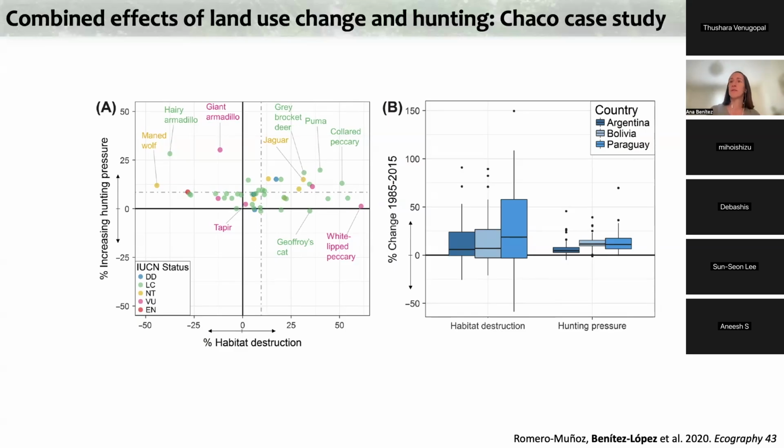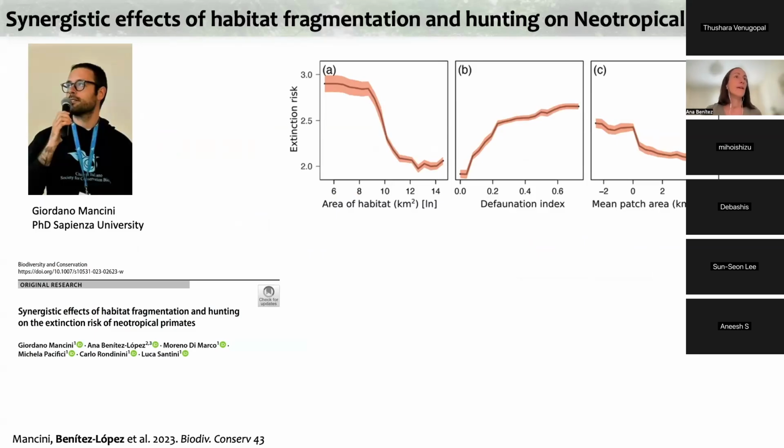Okay, so this is another case study here. This was done with Giordano Mancini more recently, and here we wanted to see the synergistic effects of habitat fragmentation and hunting on the extinction risk of tropical primates. And what you see on the left is extinction risk, which is higher when there's less area of habitat left. So basically, there's habitat loss. It's also higher when the defaunation index increases, so more hunting pressure. And also higher when there's not only habitat loss, but the area of the habitat left, so the fragments, become